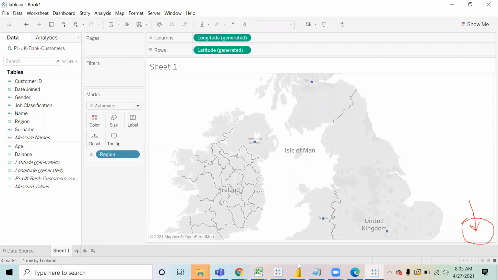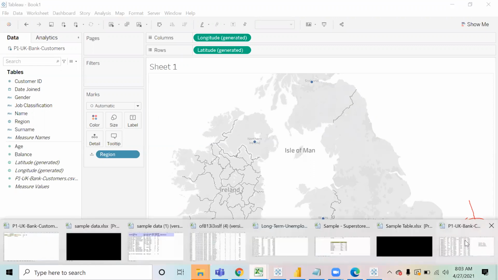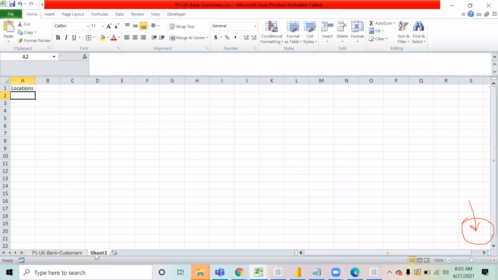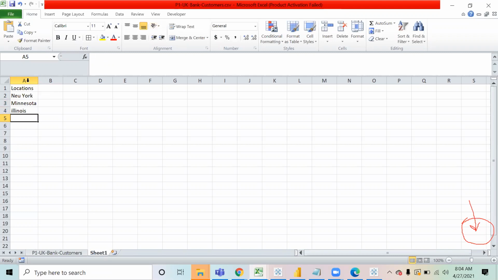Suppose I give you data for some different locations, and in the locations I write New York, Minnesota, and Illinois. If the spelling of New York is wrong, or the spelling of some location in your data is wrong, Tableau will not be able to plot it, because it doesn't know which location this is.